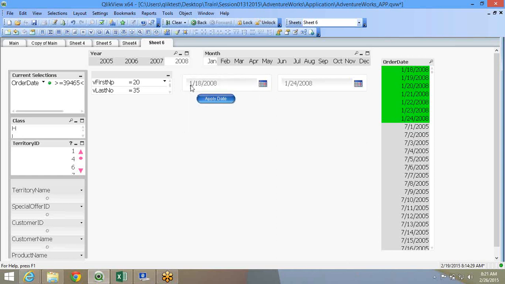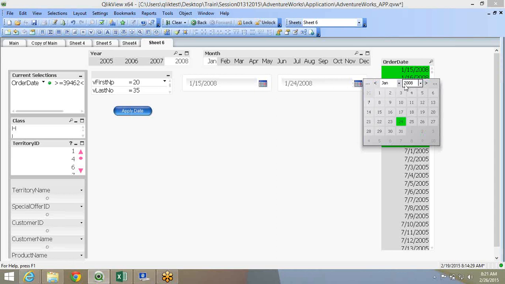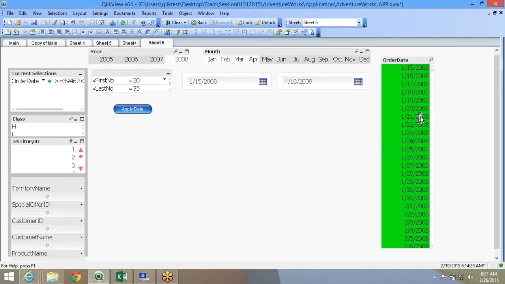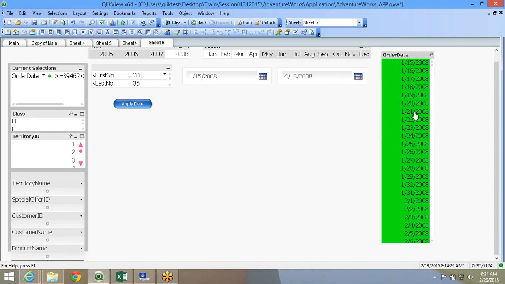So you don't need this button. Select it till Feb.